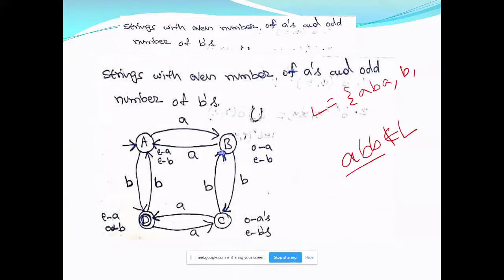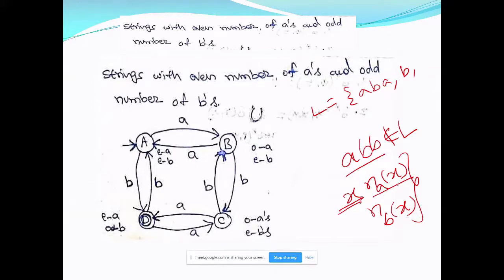Right. Suppose I take a string which is formed from A's and B's, and I count the number of A's in X. I denote the number of A's in X with NA and the number of B's in X with NB. Now, to count the number of A's and the number of B's in a given string, there are four possibilities for you. Those four possibilities you can easily guess.